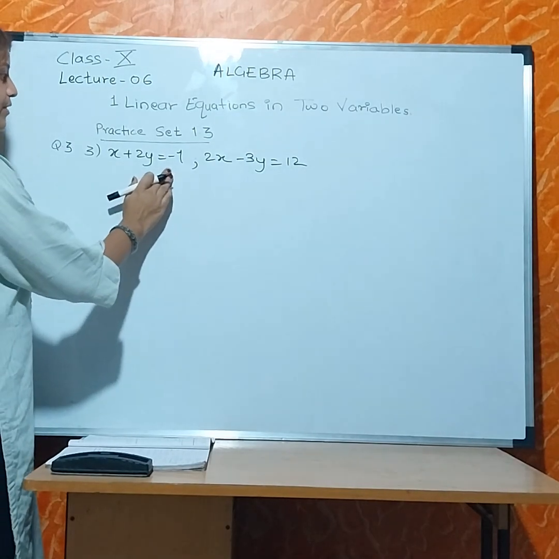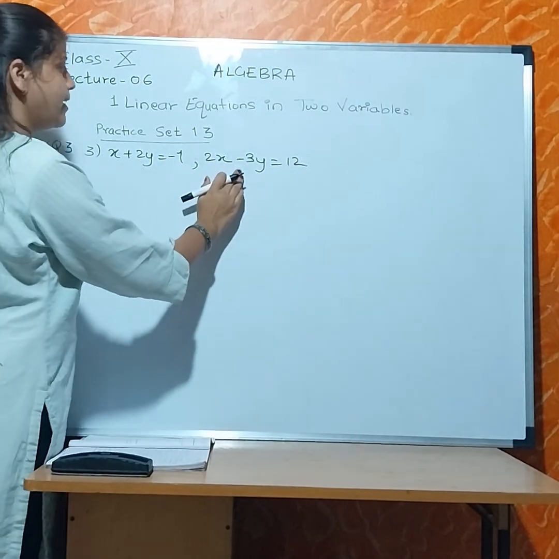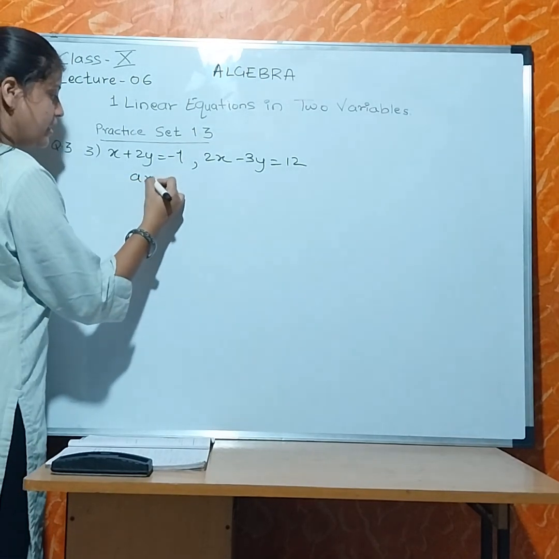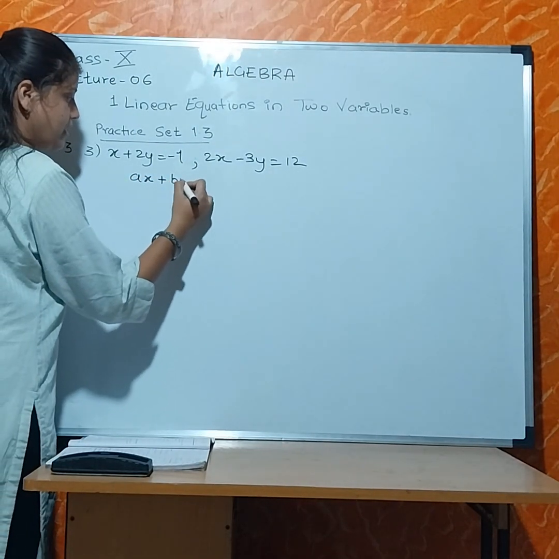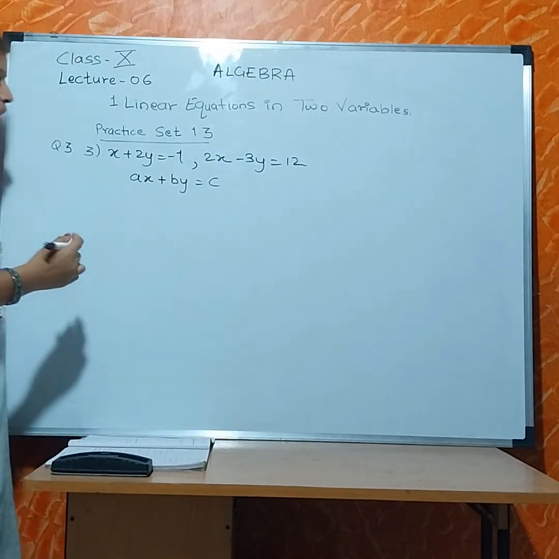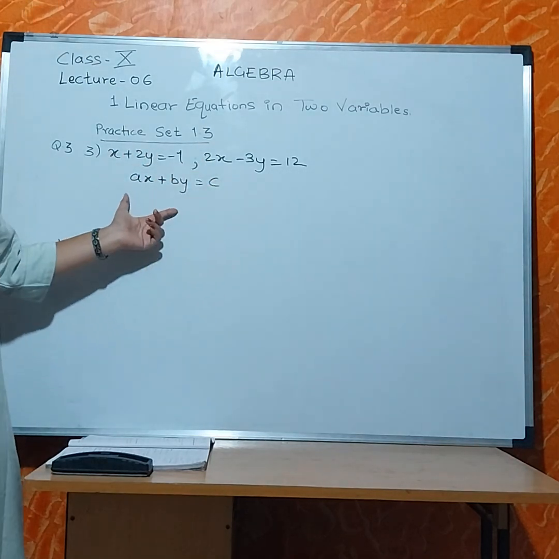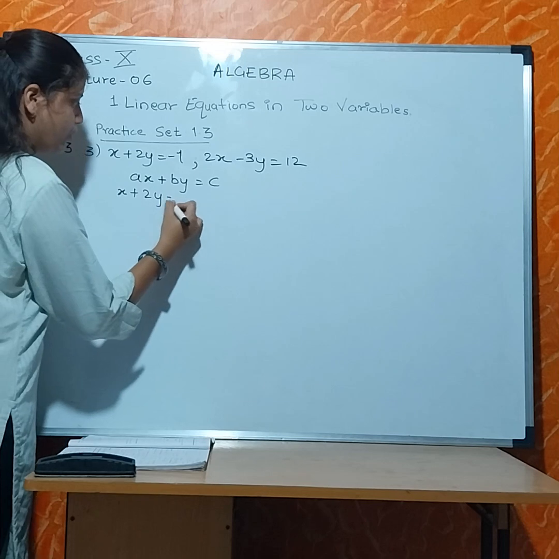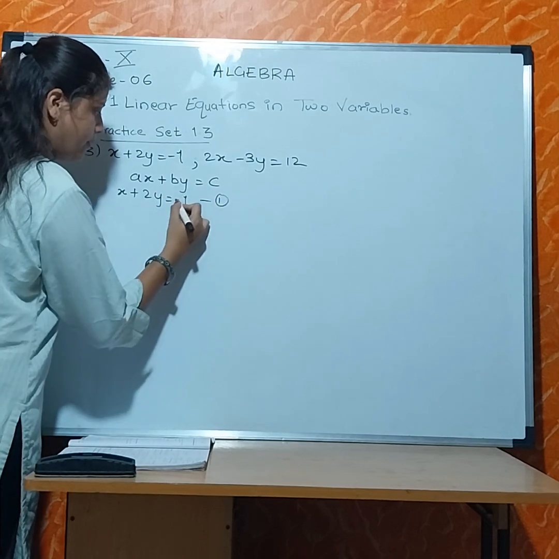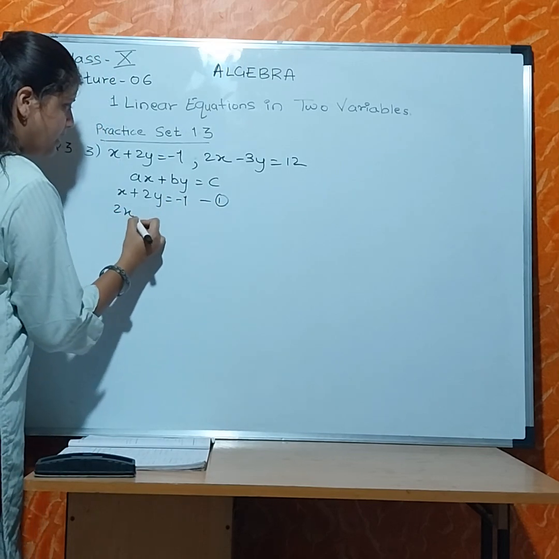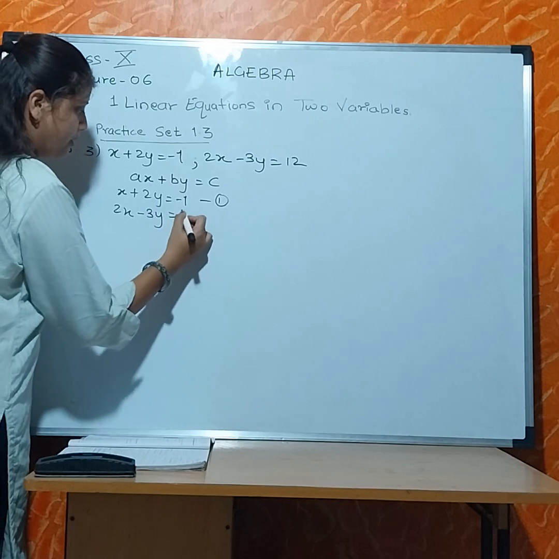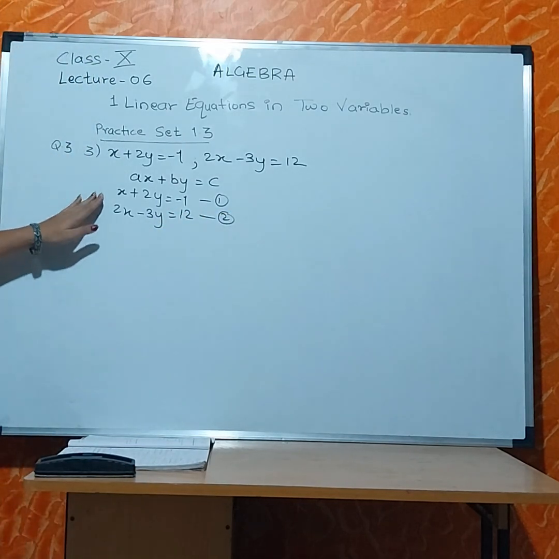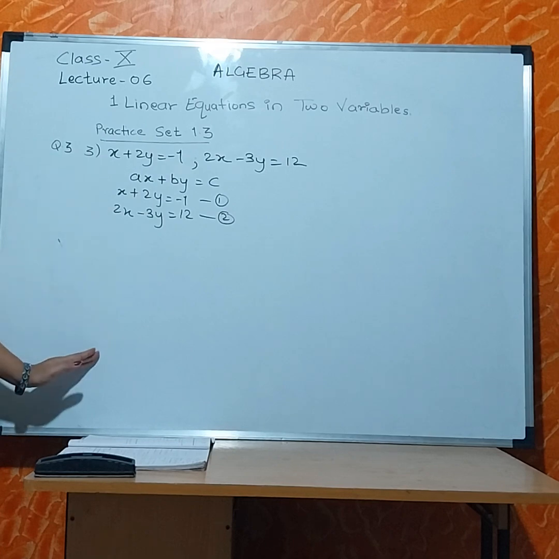x plus 2y is equal to minus 1. 2x minus 3y is equal to 12. First we will check whether the equation is in the form ax plus by is equal to c. Are both equations in the general form? Yes. So we have x plus 2y is equal to minus 1, equation 1, and 2x minus 3y is equal to 12. Always remember, first write these equations one by one, then it will be easier to put the values